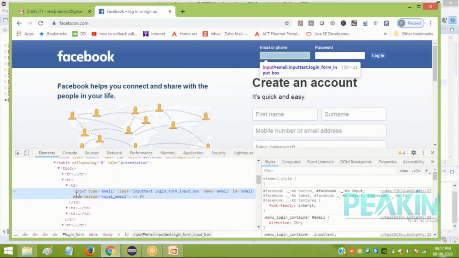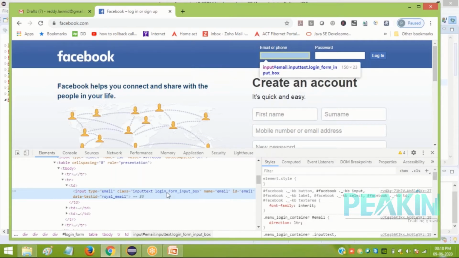As I make a mouse over, see, on the application also the text box is highlighted. If I move my mouse outside, something else is getting selected. Means the HTML code for that area is under here. Getting? So this is the HTML code. Now if you know some HTML code, you can understand it straightforward.